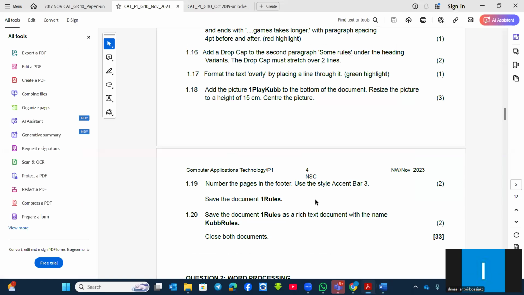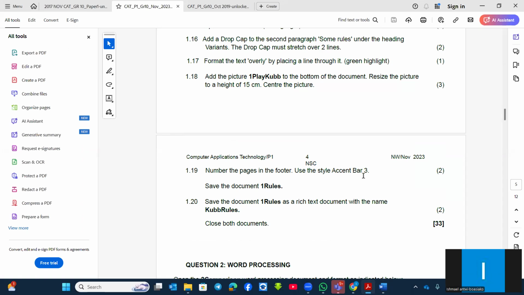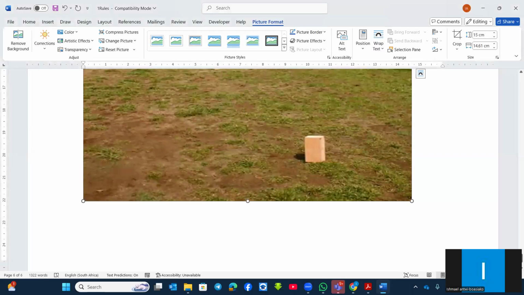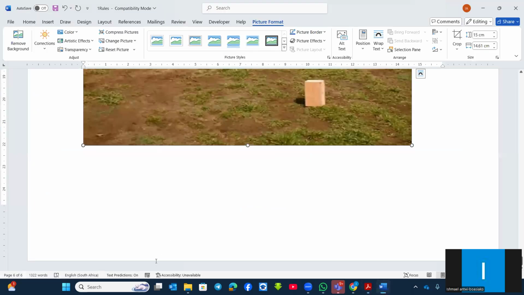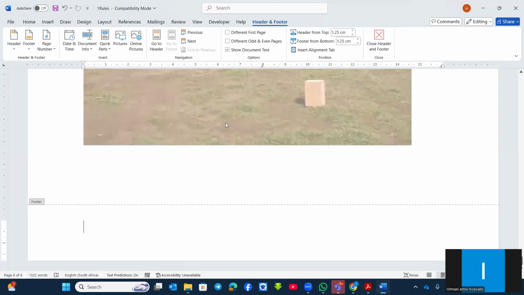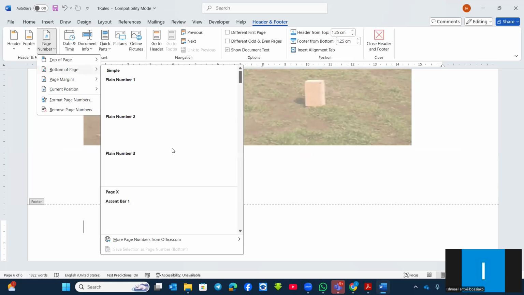Number the pages in the footer. Use the style accent bar 3. Save the document as 1 rules. So we are going to number them and use a certain style. How do you number them? In the footer. So here you can go to the footer section and you double click. Then you see page number, bottom. Then you look for